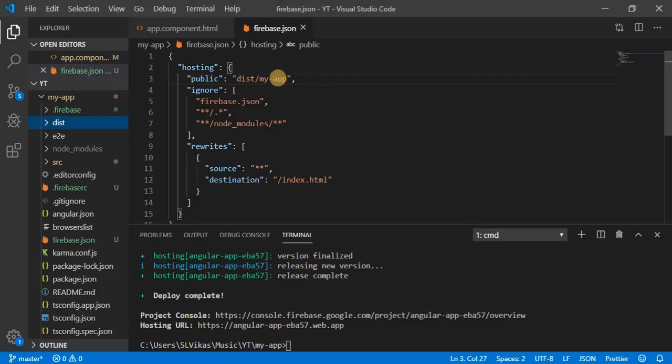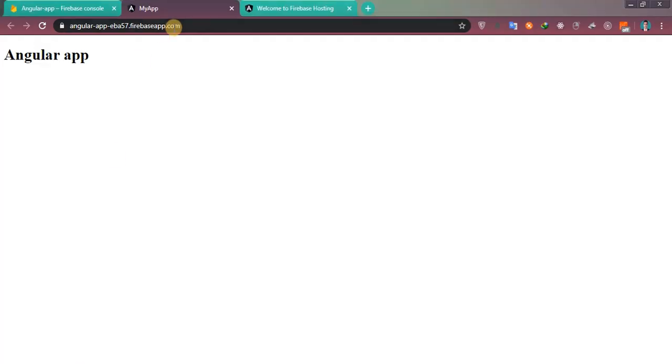Okay, you don't have to worry, it might have been a compilation error. So dist my app and deploy once again. Now you can see I am getting my application running on this port.